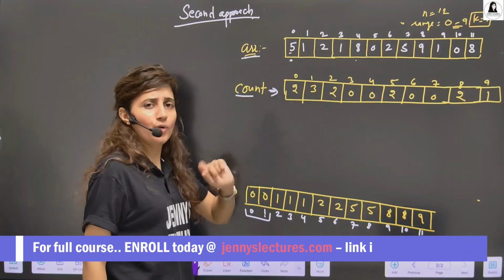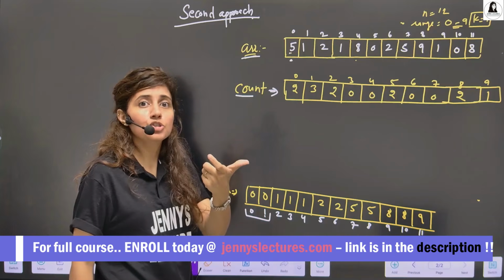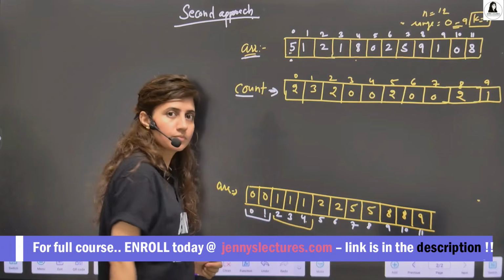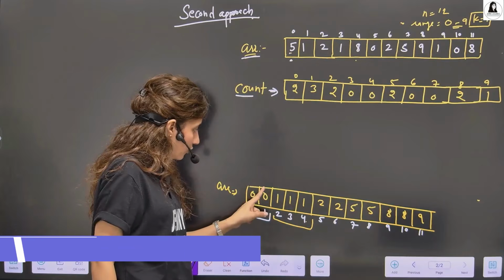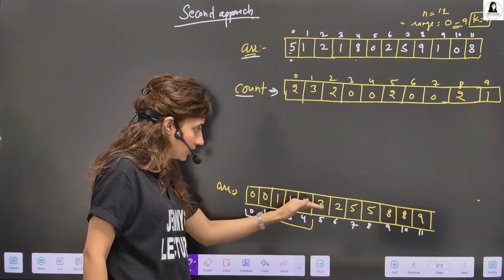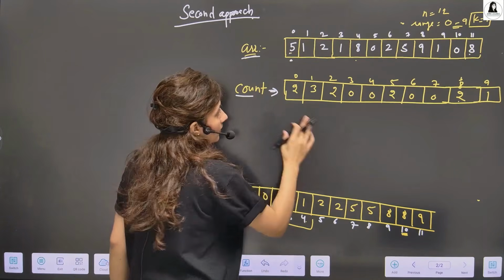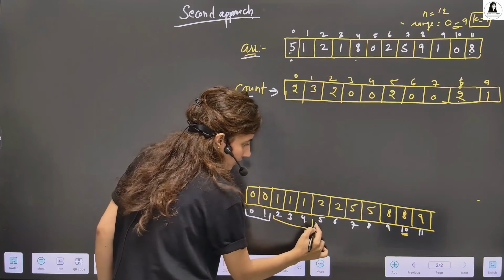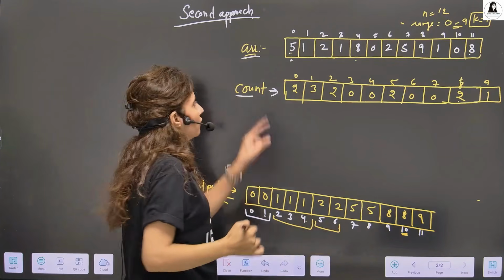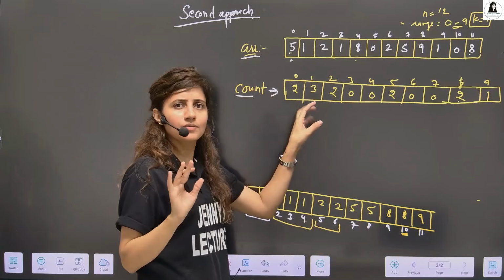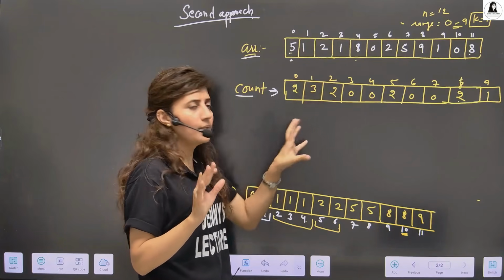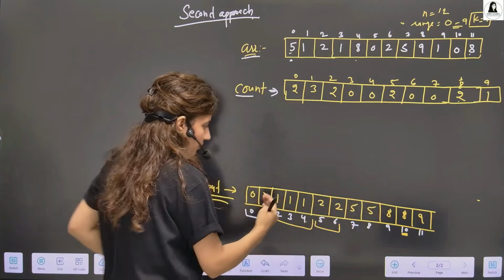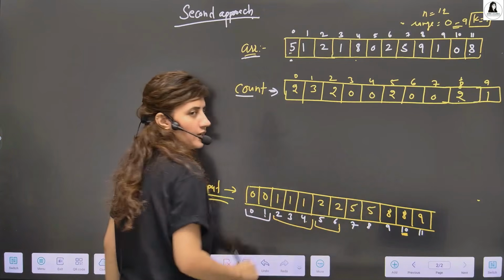I know from this 1 is 3 times, but what is the position? From here to here. Position is 1, 2, 3, 4, 5. At 3, 4, 5 in this array we have 1. Same for this 2. This is 2 times. So the position is from here to here. So from this count array, we know the frequency of each element, how many times the element is present. But how will you get to know from this position to this position, this element is present?